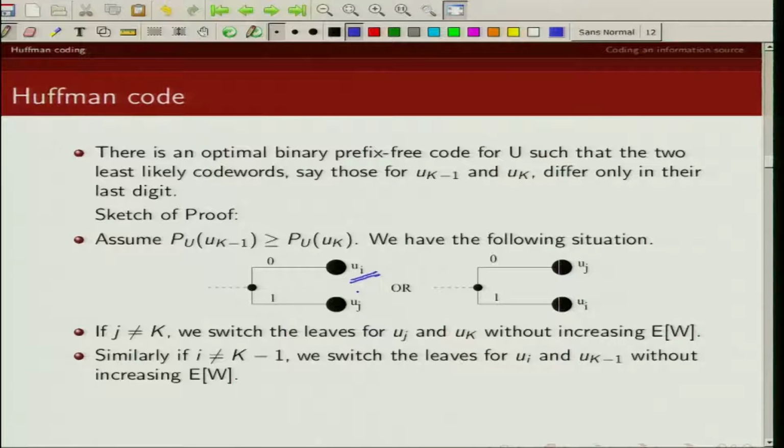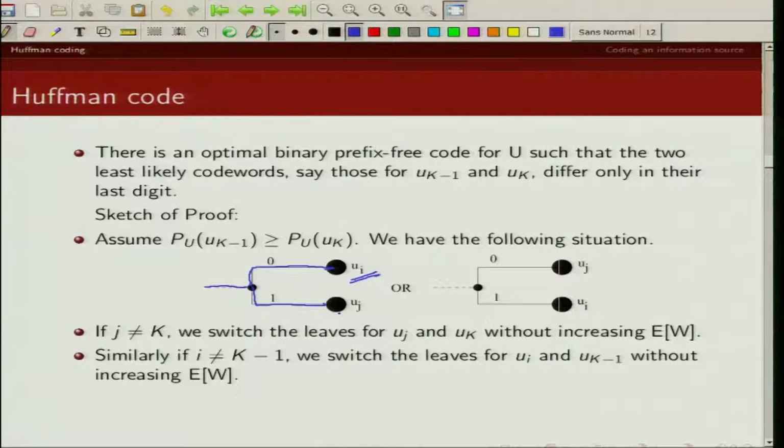Hence, we can say that if they are coming out from the same node, then these two code words will differ only in their last digit, because the path from the root to this node is the same for both these code words.